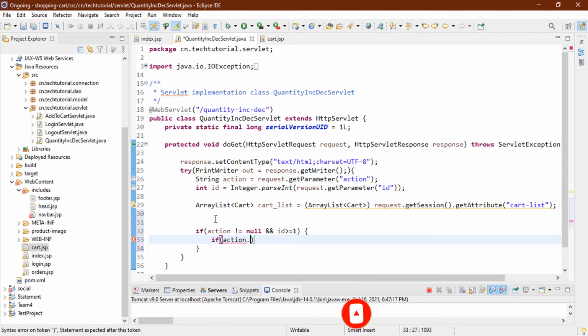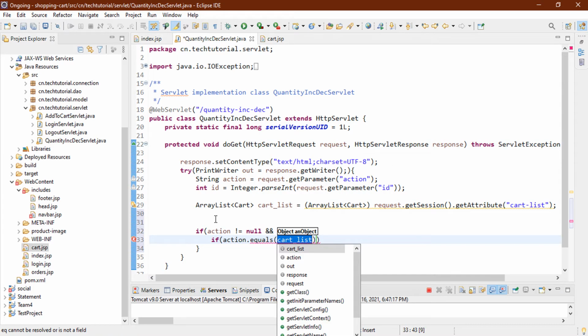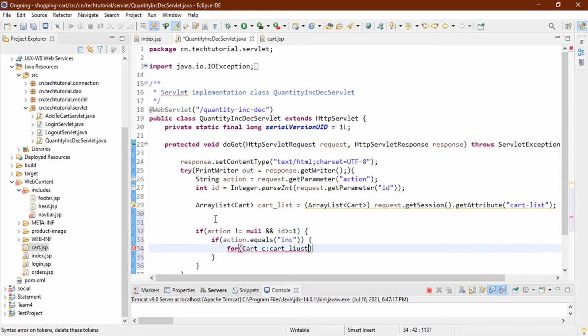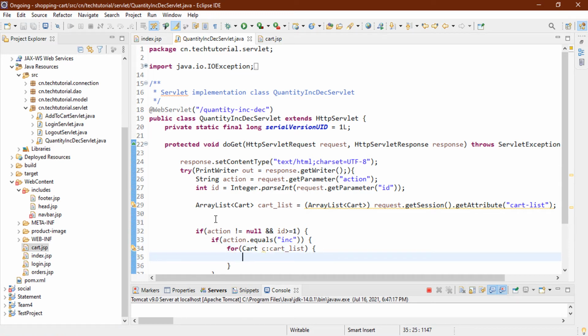So let's say action dot equals, and we are passing increment, and do something here. First of all, we need to find the product we are getting from the URL within our cart list. So how do we do that? Let's start a for loop: for Cart c in cart underscore list. Now I will compare the product ID with the ID we are getting from the URL.